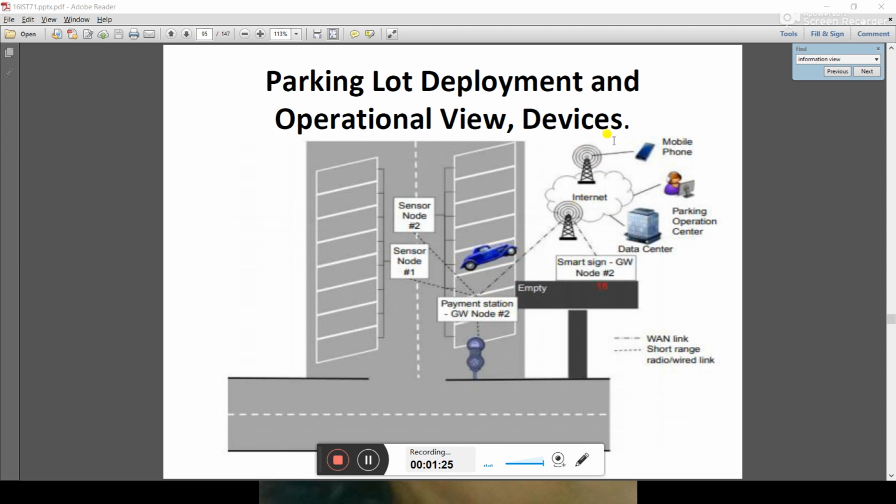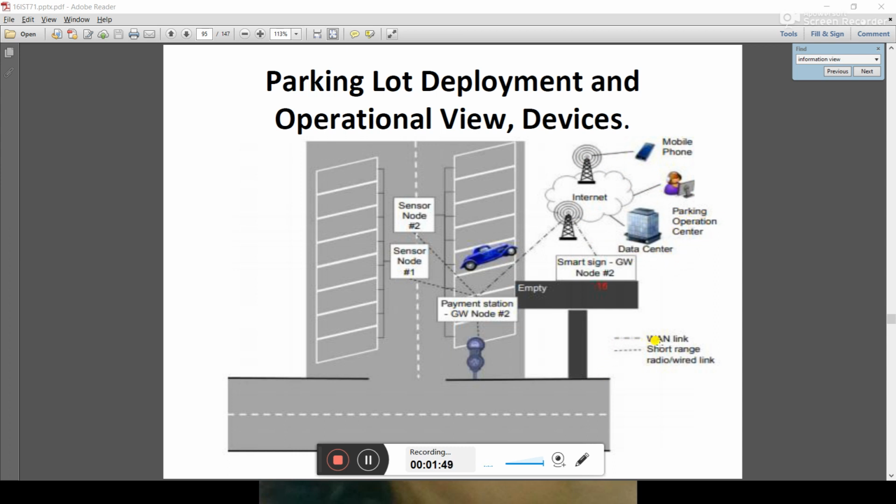Internet connections are also there, and by means of this internet connection the user can find whether any parking space is empty or not, and can also reach the parking operation center and the data center.